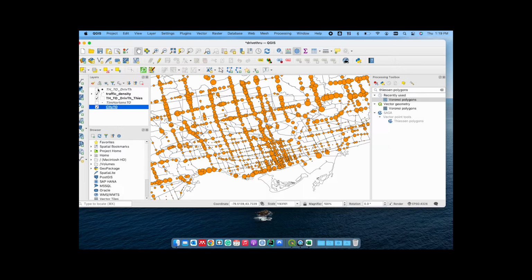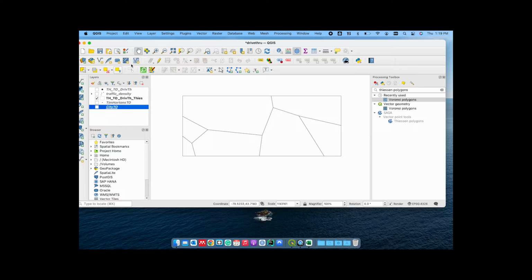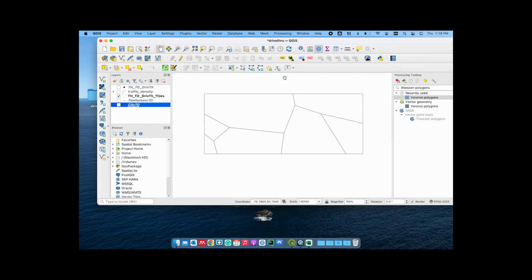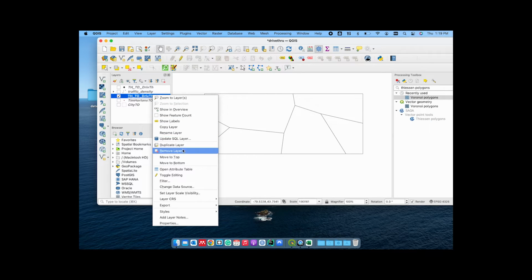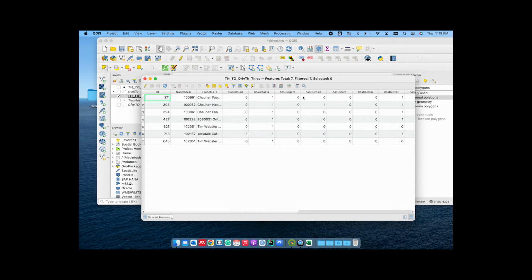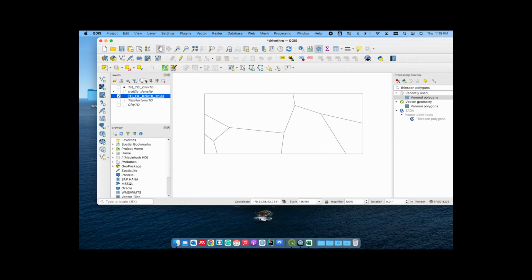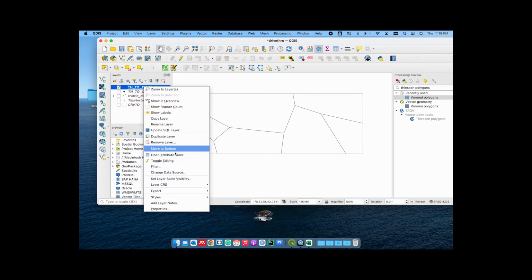So what I'm going to try to do next is just do the counts for the density that we have for each of them, the trade areas. So I'm going to open the attribute table and I'm going to do a spatial count. So each one of those polygons is clearly identified. To that, I'm going to add,